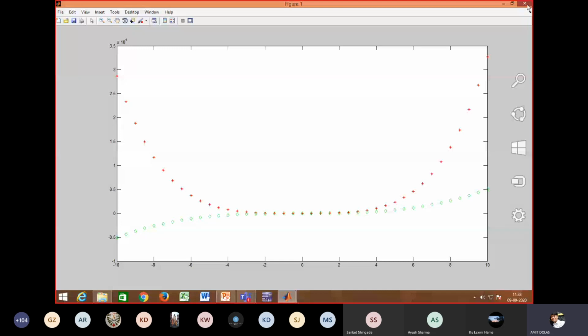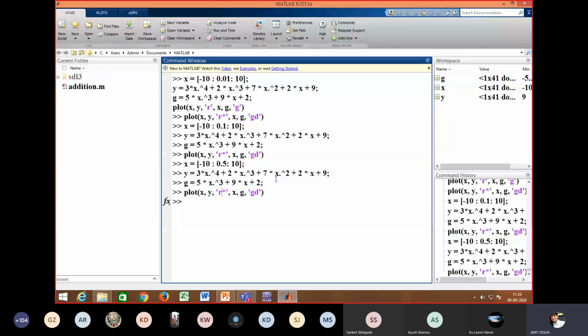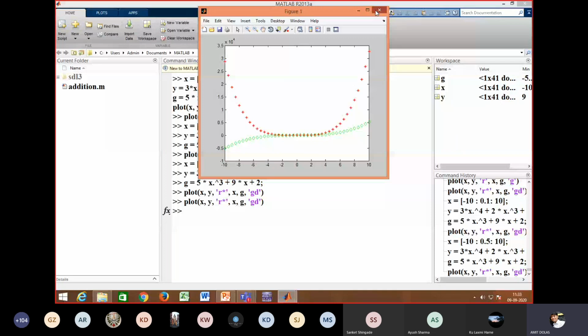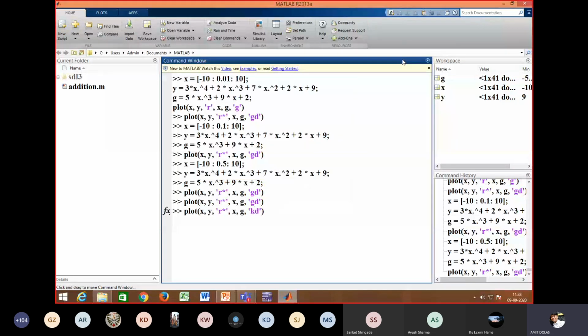Now where is the line? Line is not there. What to do for the line? Can I have an answer from your side? You please see into your mobile screen. I'll change the color so that it will be visible to you. Instead of green, I will say black.